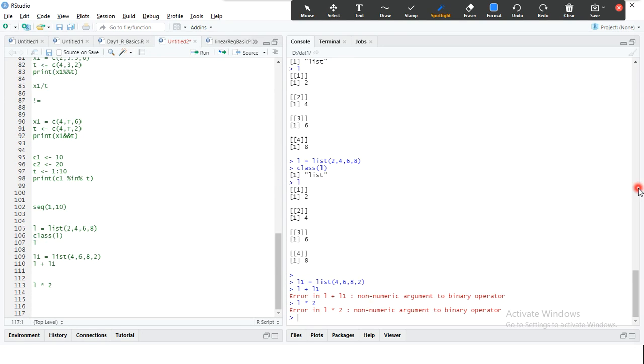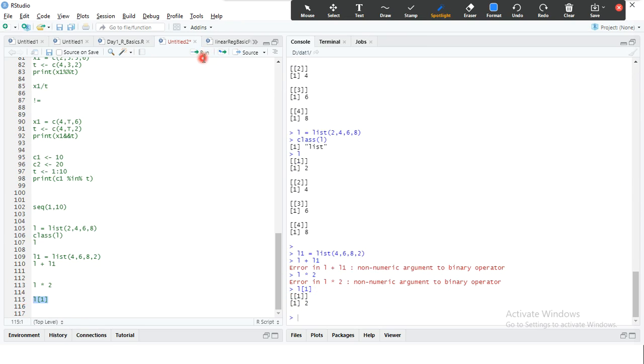Fine, so this is the one. But using vectors, we can perform all kinds of arithmetic operations, and arrays and matrices as usual. And if I want to access the values of the list, in the case of R, all the index values start from 1 only. No 0 here, no confusion.